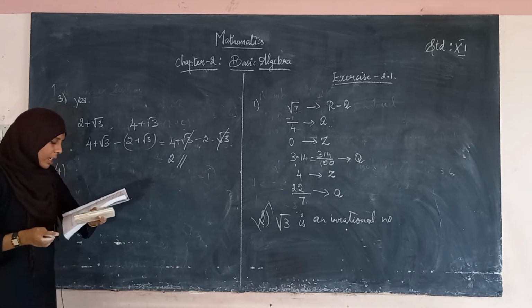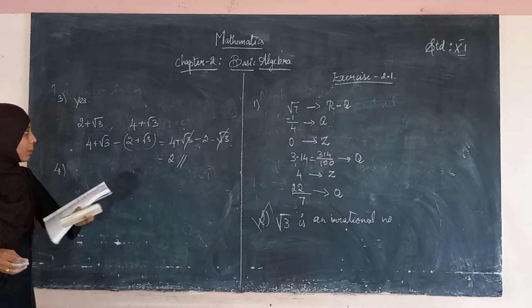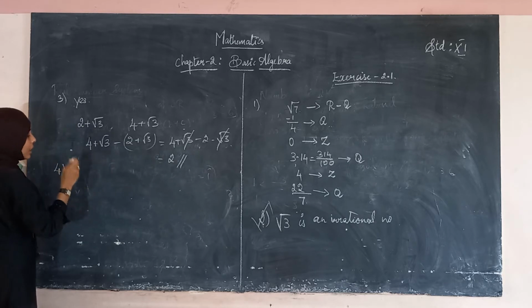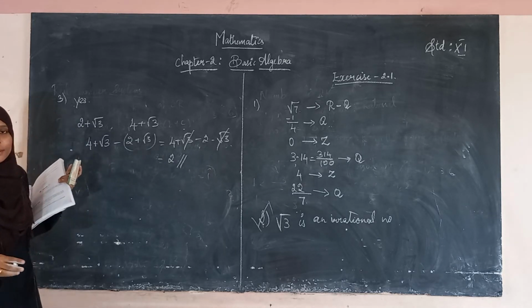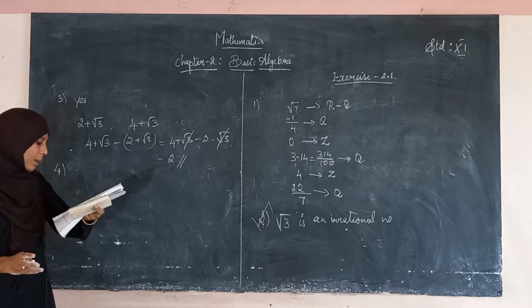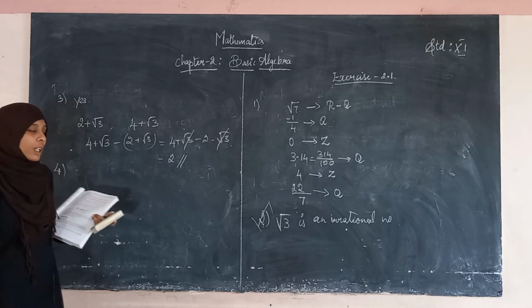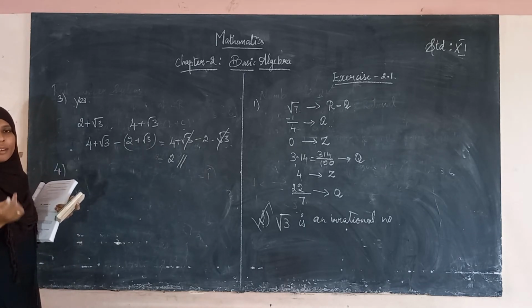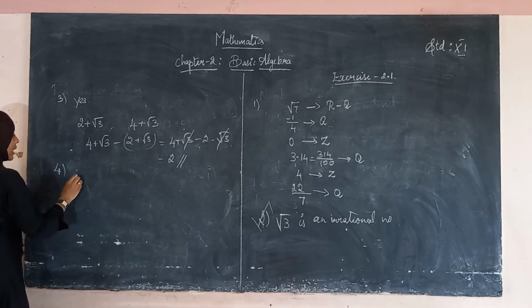Find two irrational numbers such that their sum is a rational number. Here we had to find two irrational numbers such that their difference is a rational number. In this sum we are going to find two irrational numbers for which their sum should be a rational number. Can you find two irrational numbers whose product is a rational number? First let us see the first thing, that is we have to find two irrational numbers. When we add both, we should arrive at a rational number. Okay. Now shall we take the elements?